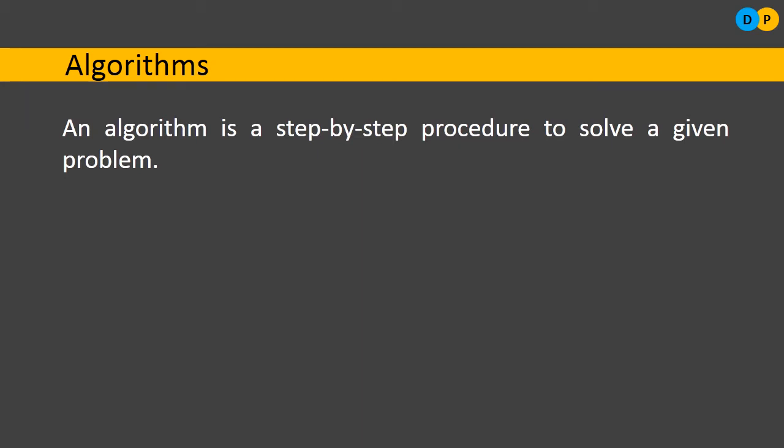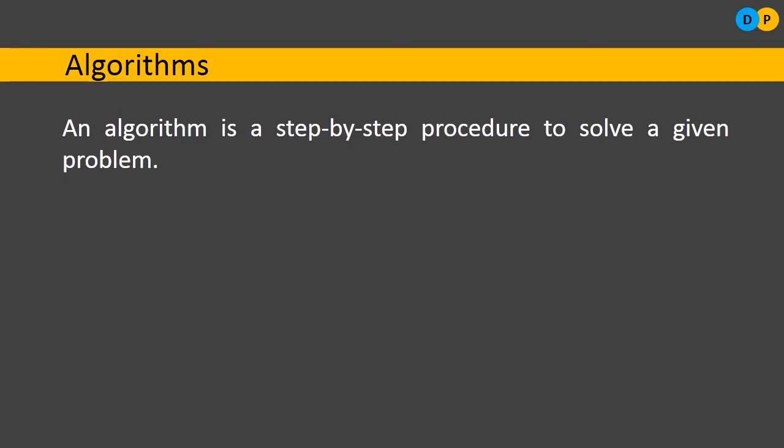Take the case of Google. Google has developed a lot of beautiful algorithms using which we, the users, can find or search any information in the search engine, that is Google. Because of the beautiful algorithms developed by Google, or maybe for Facebook, the searching has improved. Within a matter of seconds, we can find any information in a huge pile of data. So that's why algorithms are very important.